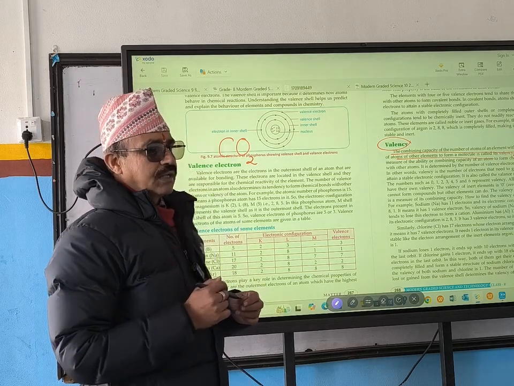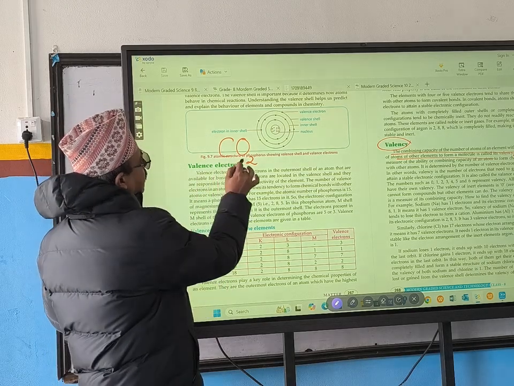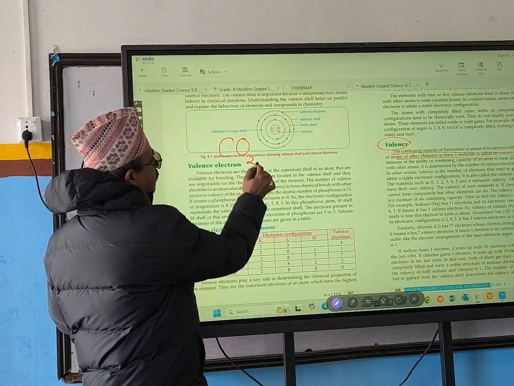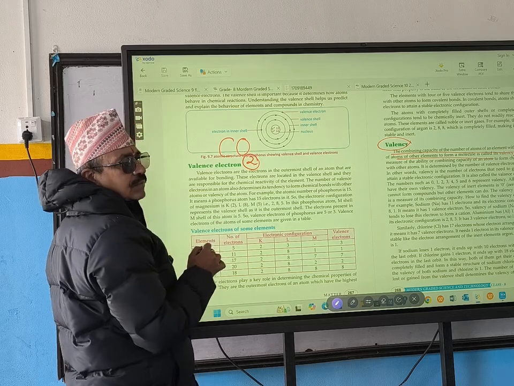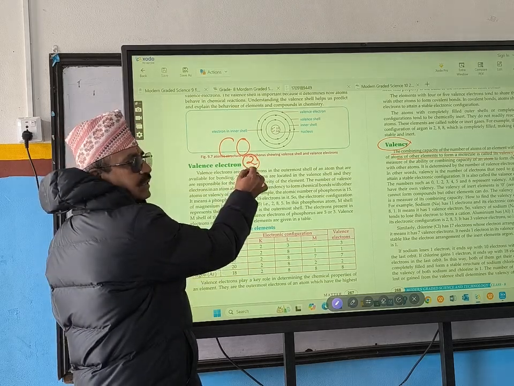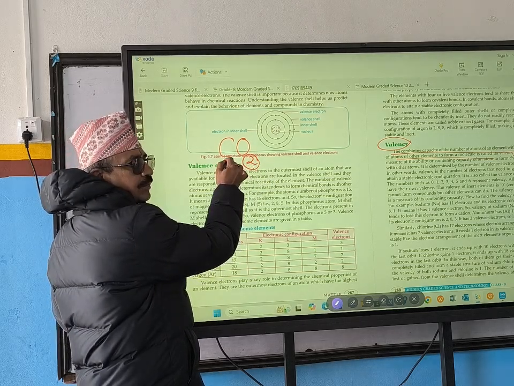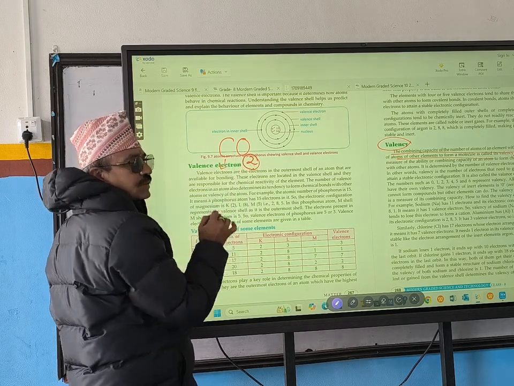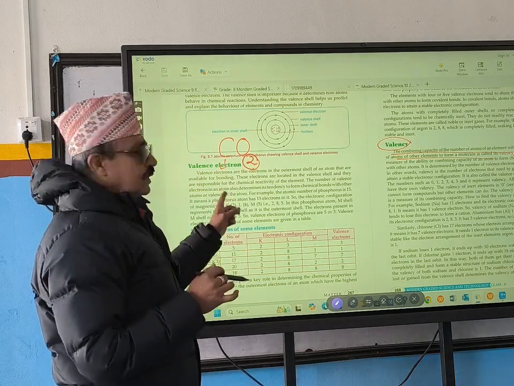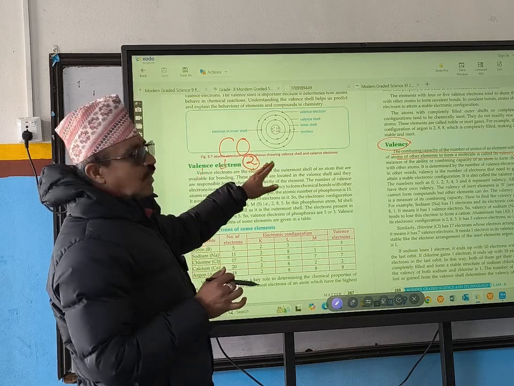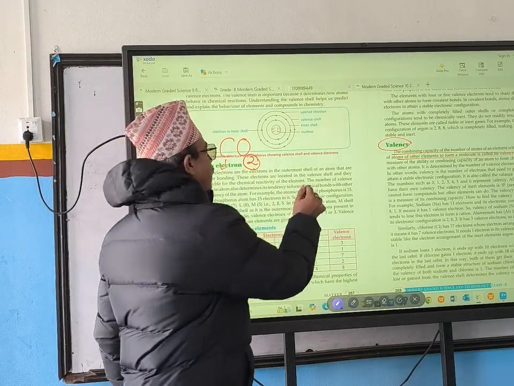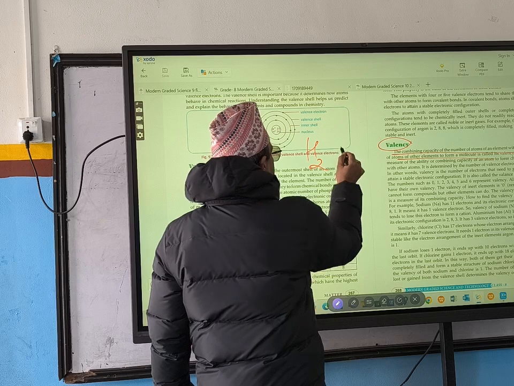For example, if I write here CO2, this is a molecule of carbon dioxide. Carbon dioxide. And here, how many oxygen atoms are here? Two oxygen atoms are here. Carbon, one. With one carbon, how many oxygens are combined? Two. So here it shows one carbon needs how many oxygen? Two. Next one, if I write here H2O,